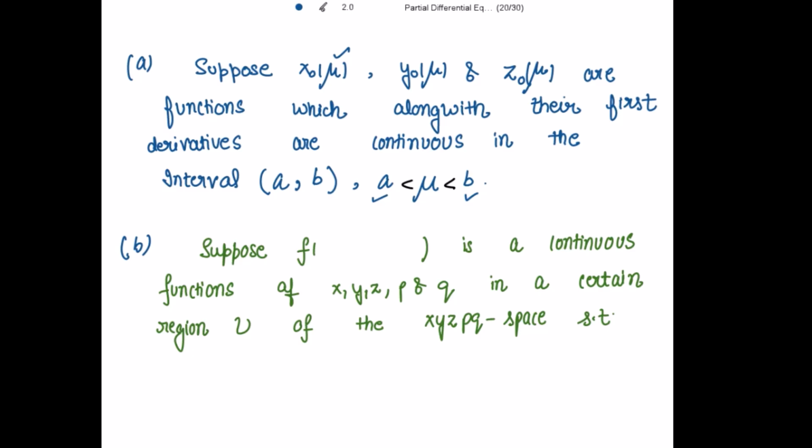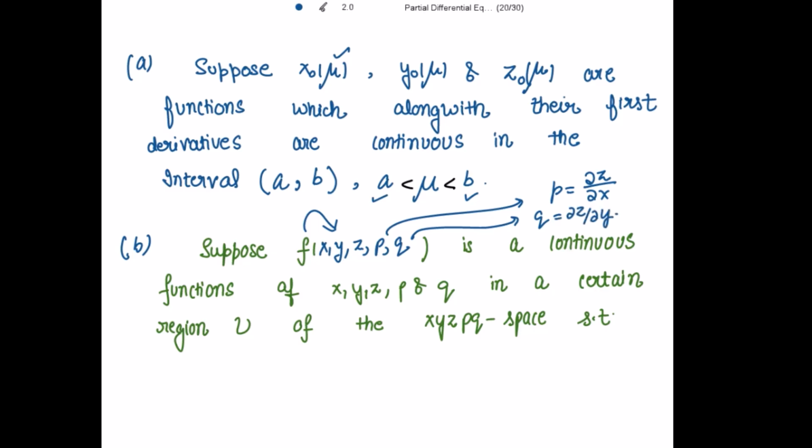Then the another point is, suppose f of x, y, z, p and q is a continuous function of x, y, z, p and q. So f is a function of all these variables, where p is the partial derivative of z with respect to x, and q is the partial derivative of z with respect to y. So if this function, which depends upon these variables, is a continuous function of x, y, z, p and q in a certain region U of the x, y, z, p, q space,